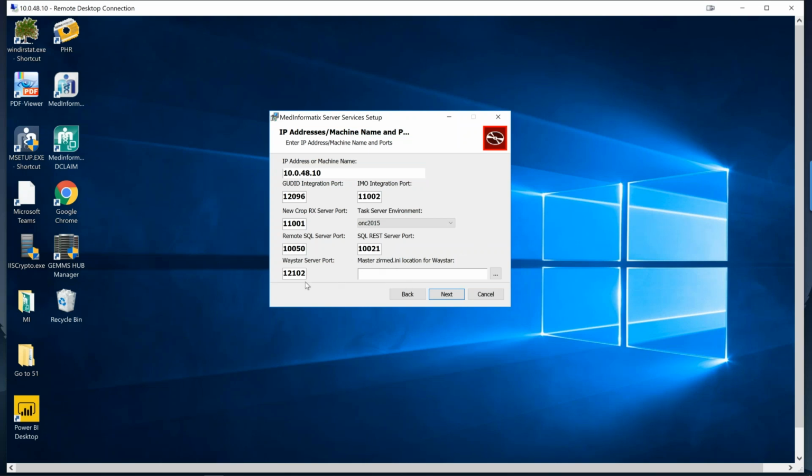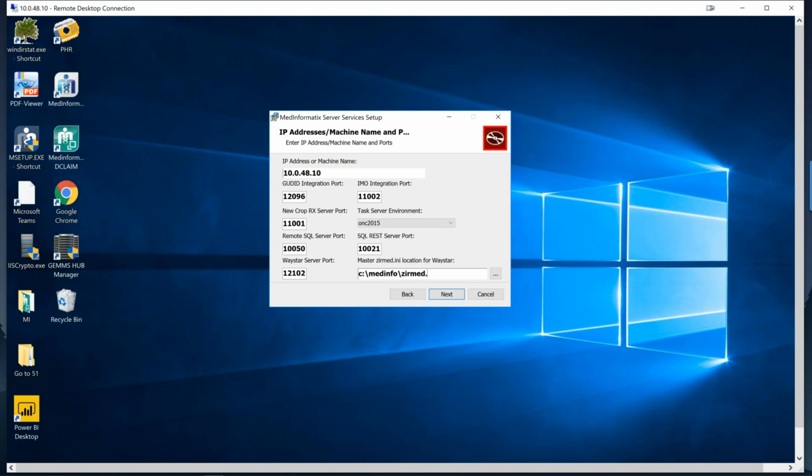For the Waystar service, it wants you to point it to a zermed.ini. So we left that ini named like that because it's just embedded all through the application, and the users never see zermed.ini. So when we went through and did our renaming to Waystar services, we left zermed.ini as is. And so I've got a zermed ini, pretty sure, I'm just going to free type it here, sitting in the